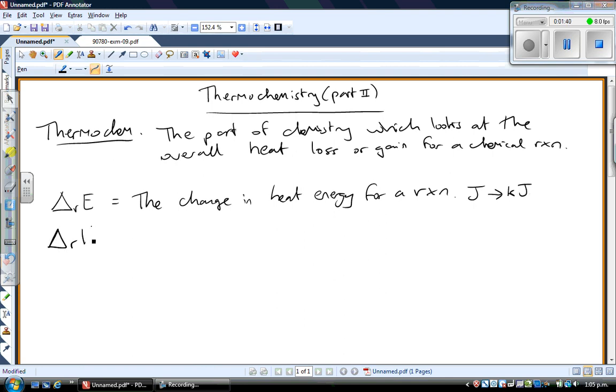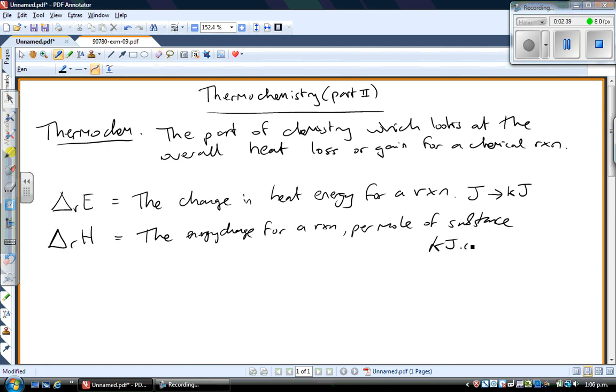Now, delta rH is not the same as delta rE. Okay, delta rH is the enthalpy change for a reaction, and it's per mole of substance of interest. So this is the difference between delta rH and delta rE, or the difference between enthalpy and energy. Let's just redefine that because I didn't define it the way I'd like to. Enthalpy is the energy change for a reaction per mole of substance, so instead of the units just being kilojoules, the units are now